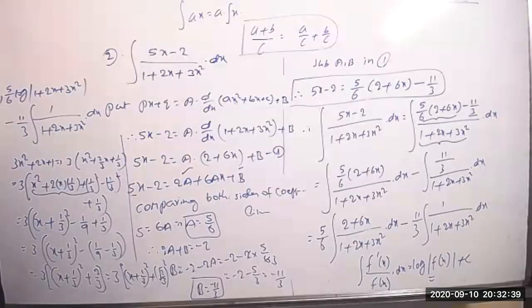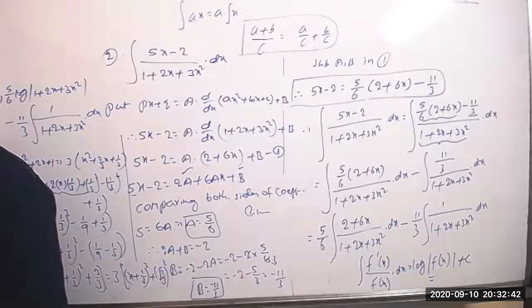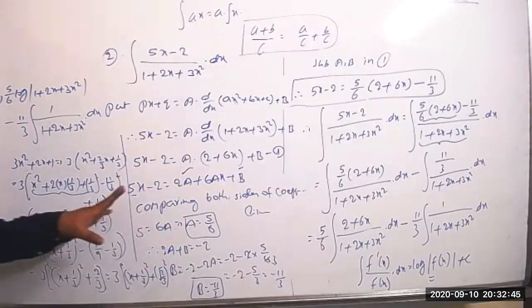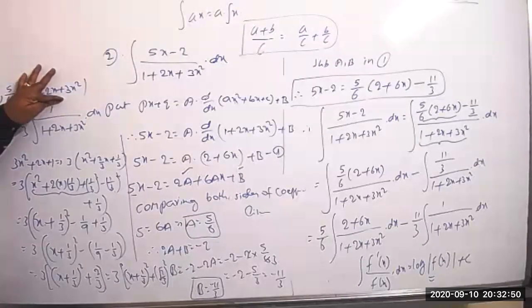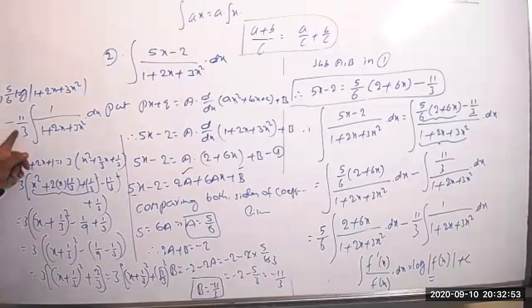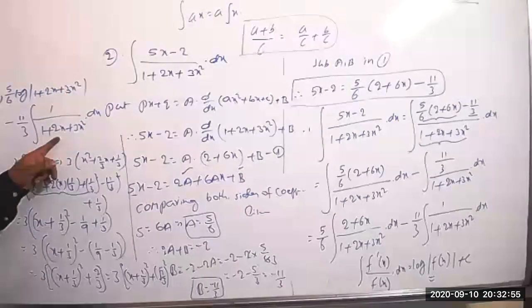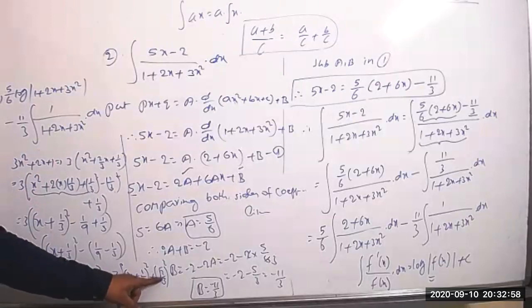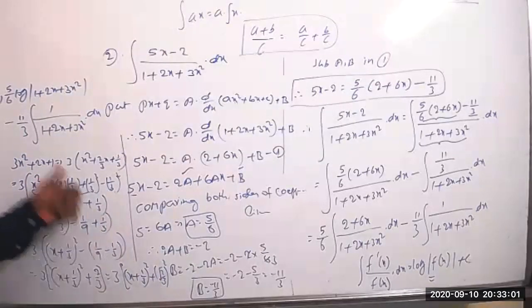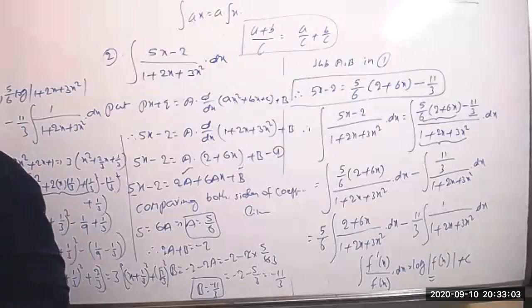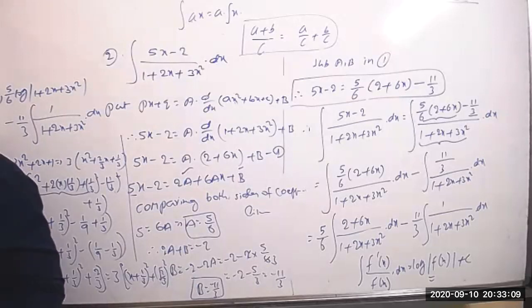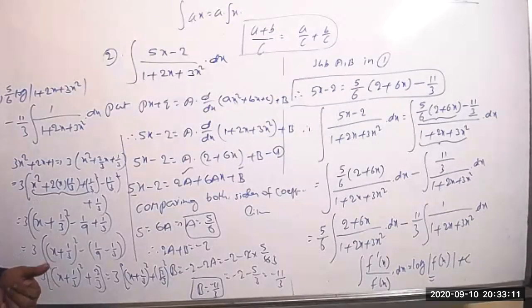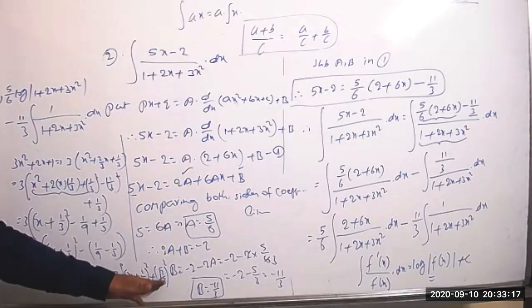So what's the final answer, sir? How much did you get? Tell me. Already first term we got 5 by 6 into log modulus of 1 plus 2x plus 3x square. And second term again minus 11 by 3 is there now. 1 by a means 1 by root 2 by root 3, but take reciprocal, means 11 root 3 by 2 root 3 or 3 root 2, second term, into tan inverse of x by a. X by a equal to how much? Where is the value of a? Root 2 by root 3 is the value of a.